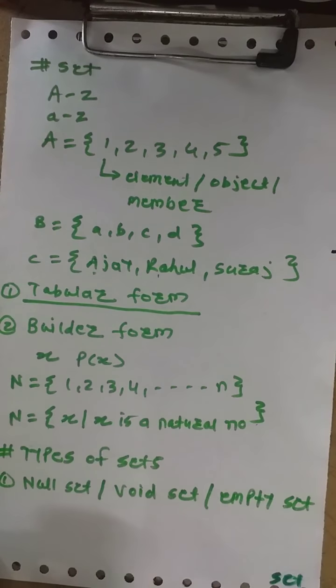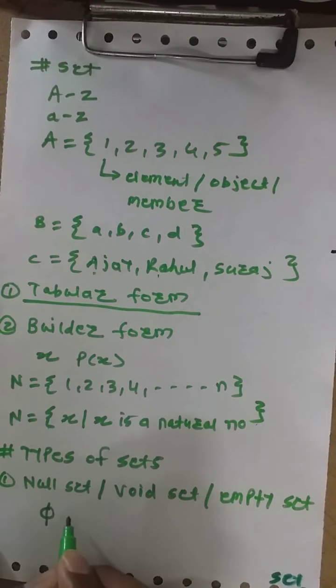How can we define this null set, empty set or void set? A set having no element is called an empty set, and it is denoted by